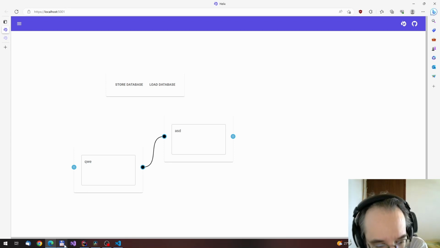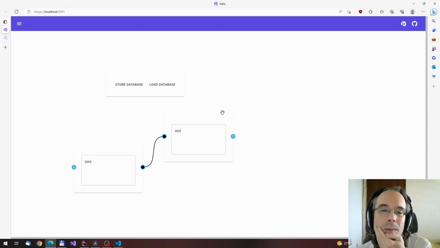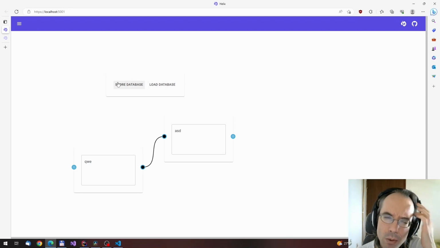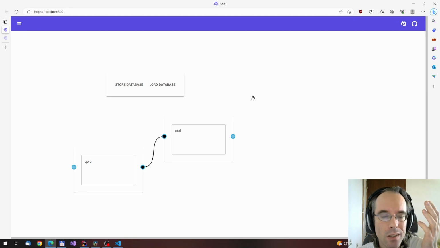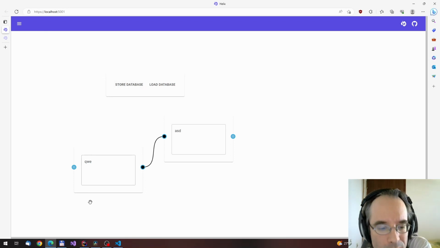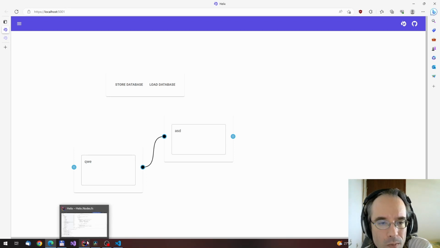Now, I mean, what now? We have this. We just have to make sure it runs this function when the diagram loads, and that it also stores the diagram when we store it. And that's basically it. I mean, that it stores the diagrams when we close the tab. That's what I meant to say. So now,